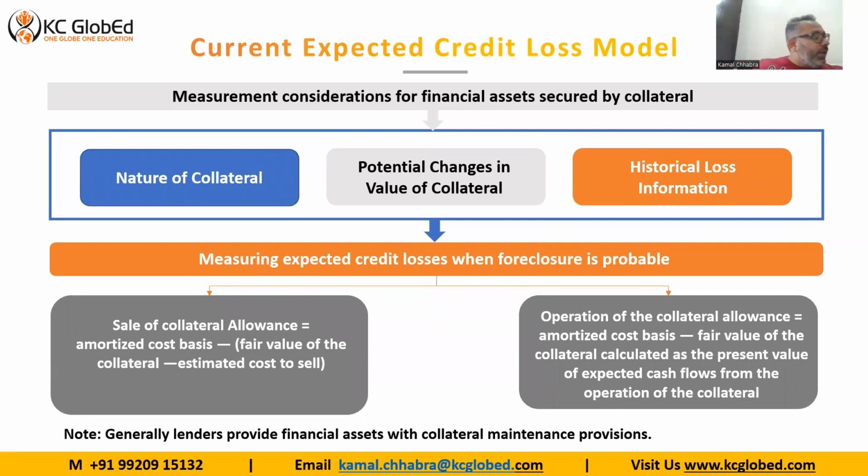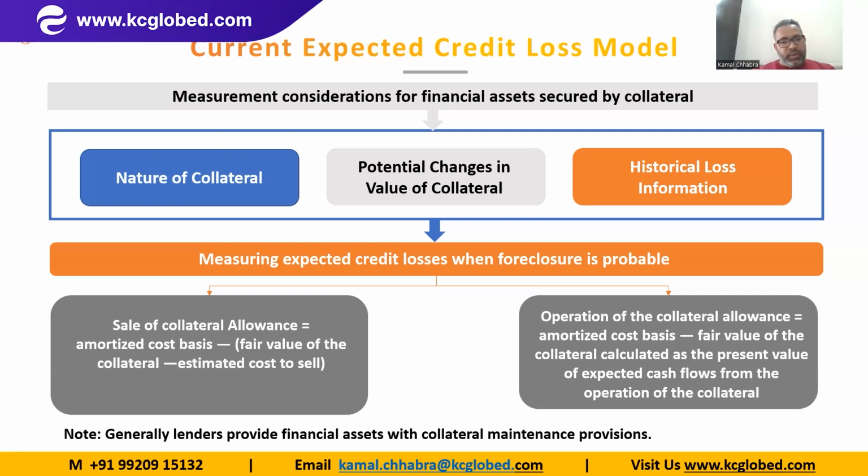Collateral is the underlying asset which you have provided for a loan or for any financial benefit you are taking, right? For example, you have taken a home loan, so you have given the home property to the bank as security. So those home property documents are collateral assets at the bank's end. So here you need to keep in mind the nature of collateral, potential change in the value of collateral, and historical loss information. These three things you need to keep in mind when you are measuring the expected credit loss